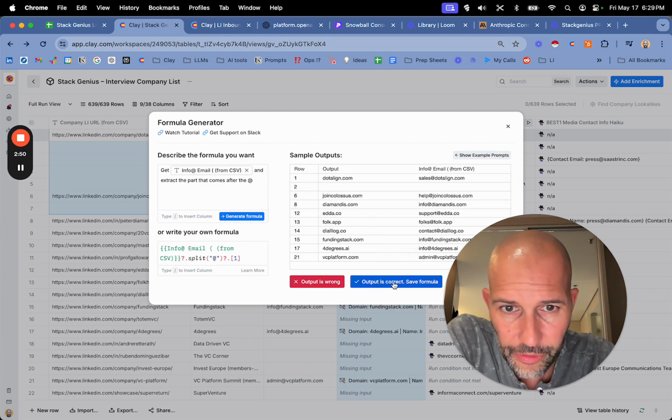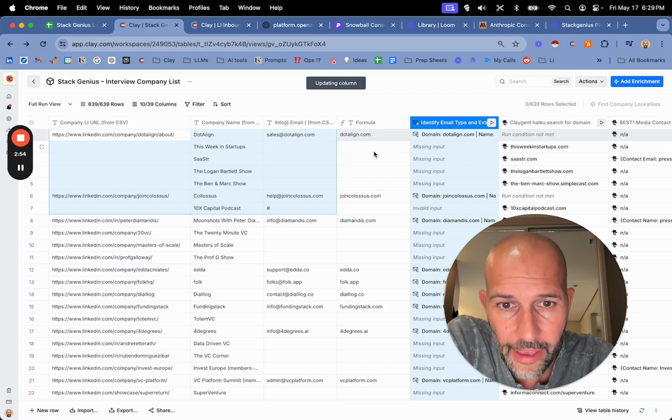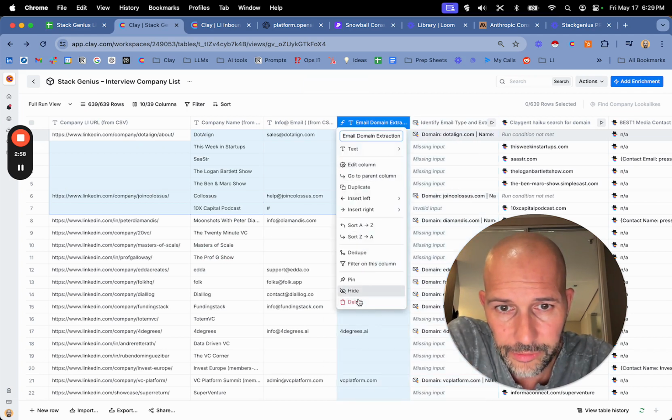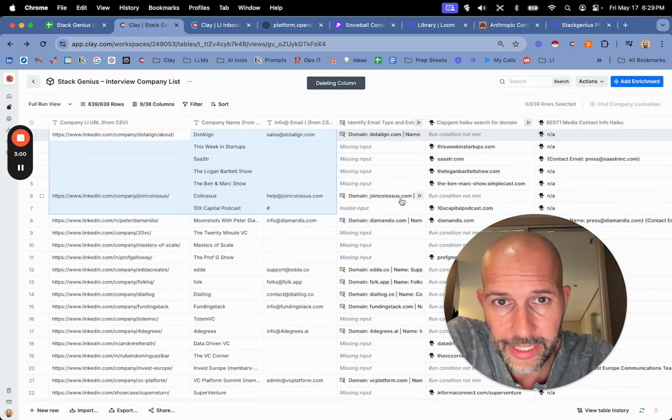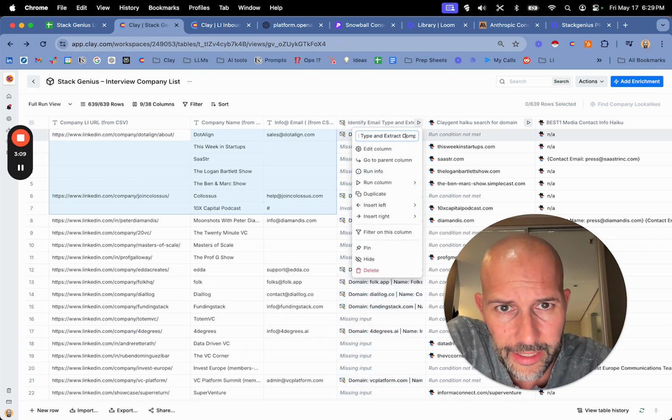And then output is correct, say formula, and in this case I would for free have extracted all those domains. Again, the other thing from Clay does the same. It's a little bit better, saves a little bit of time, so use that. It's called